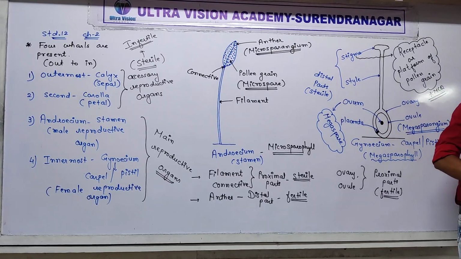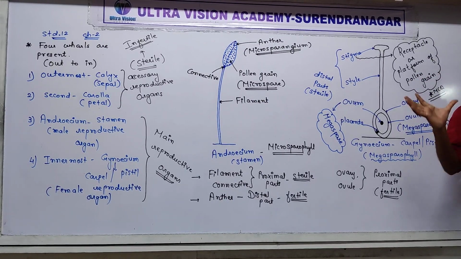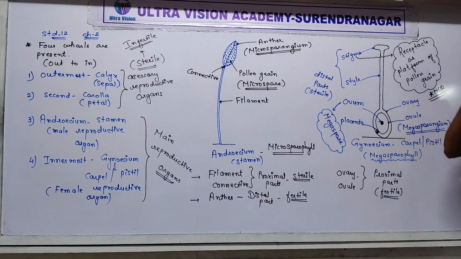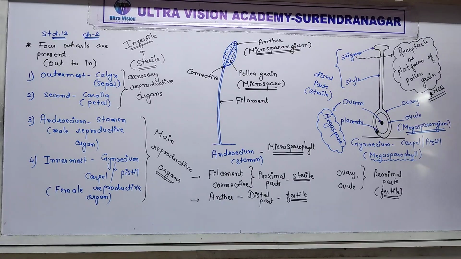Actually in the center gynoecium is there, surrounding to that androecium, stamens are there, surrounded to that corolla is there, and outermost side calyx. But we have taken the longitudinal section of the flower, typical flower. But it is observed that it is outside of the ovary because ovary is enlarged.